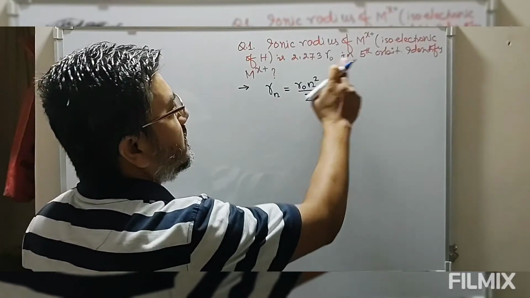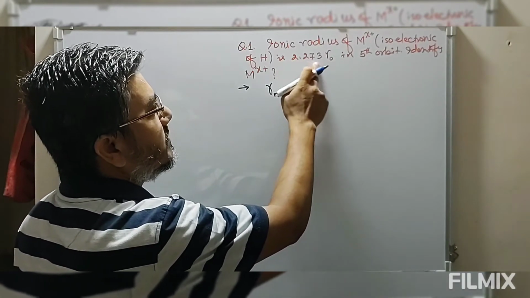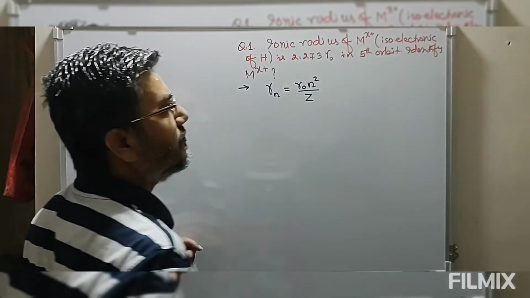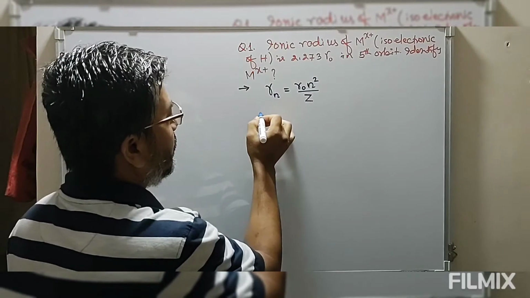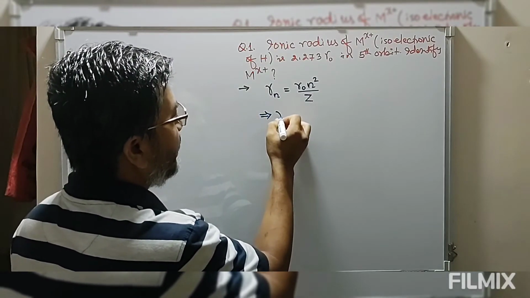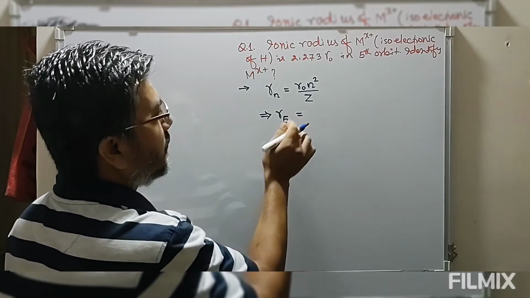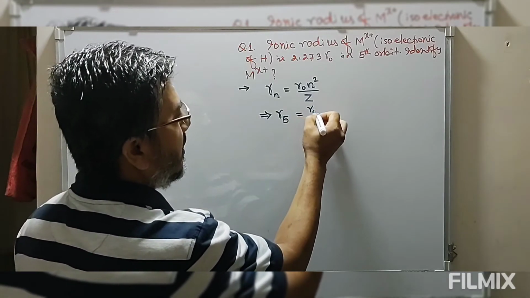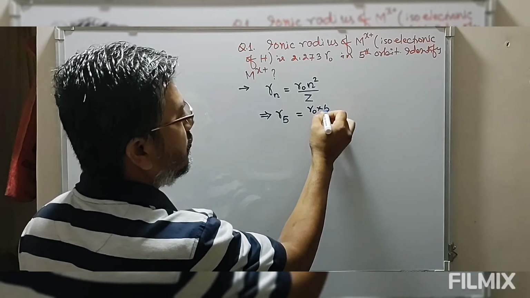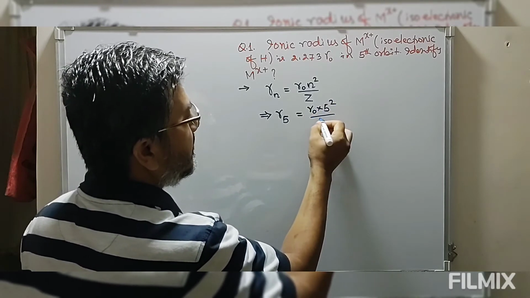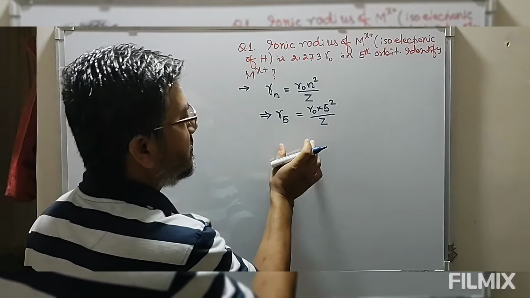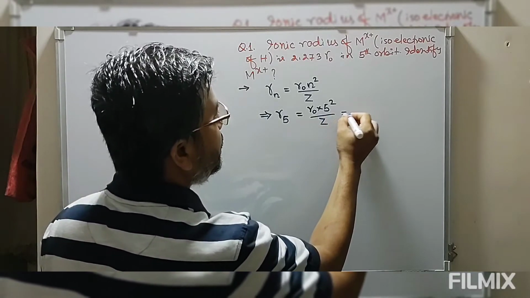Now question says this radius is 2.273 r naught in the fifth orbit of hydrogen atom. So now R5, radius of fifth orbit, is equal to r naught into 5 square divided by Z. The question says this value is equal to